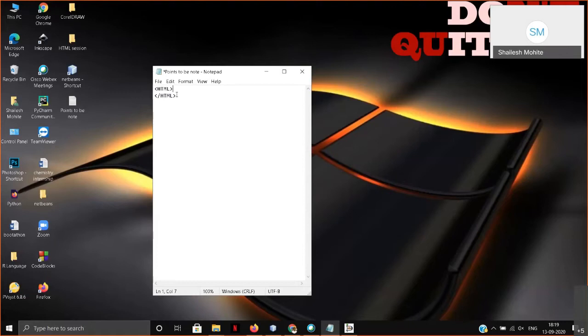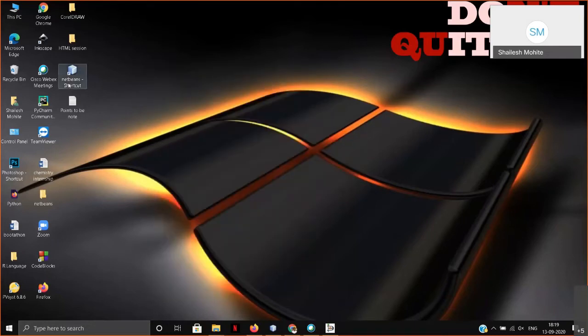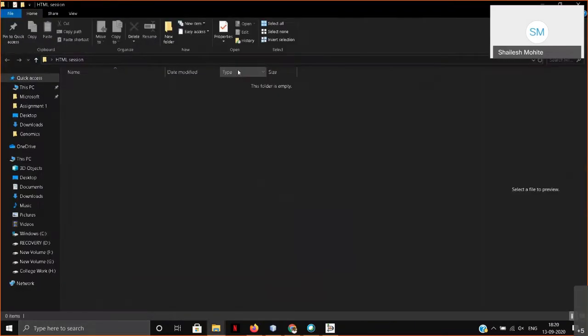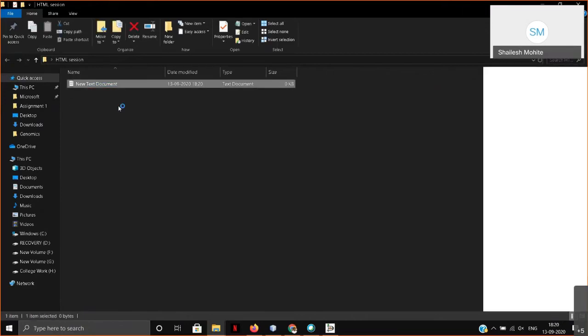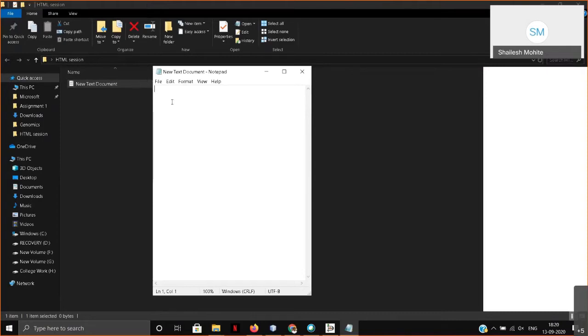So let us start with our first step, how to design a website. Basically, you have to launch a text editor like this. Don't save it. We will create a text pad here, and in that we will write something, starting HTML tag with its closing HTML tag, right?